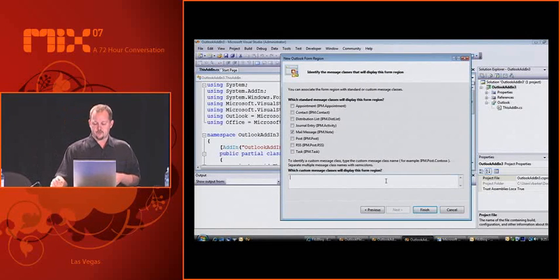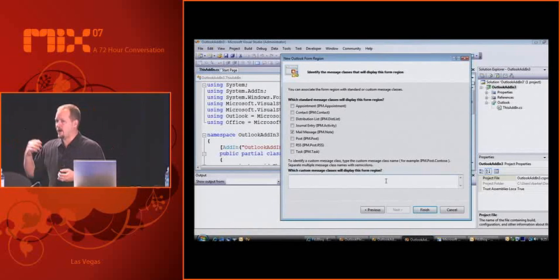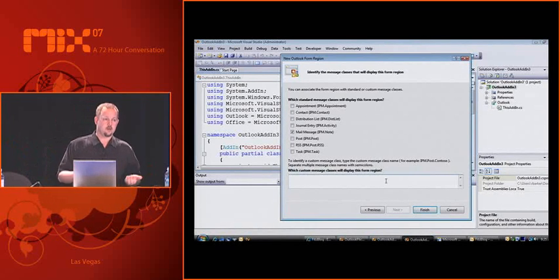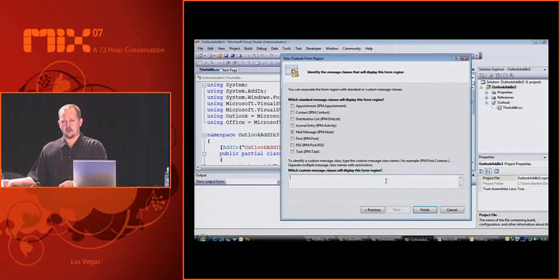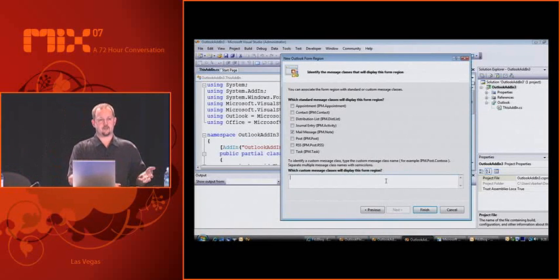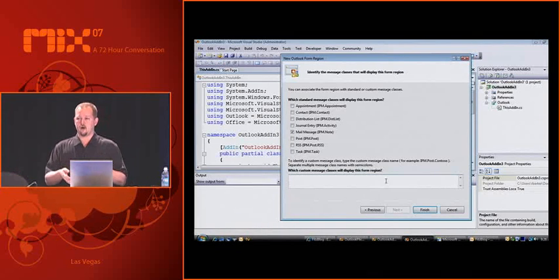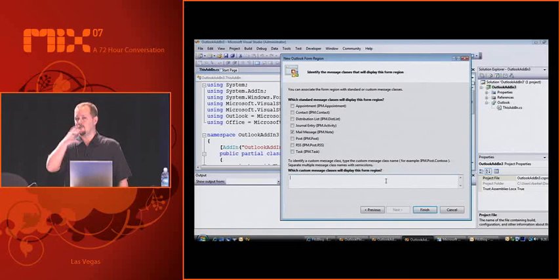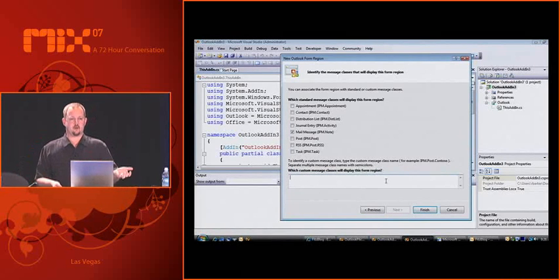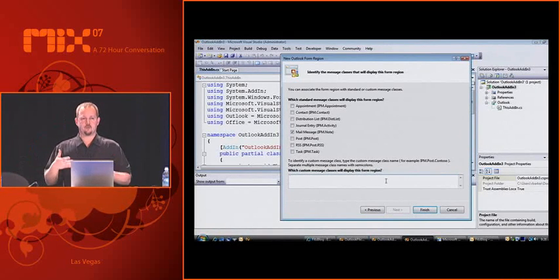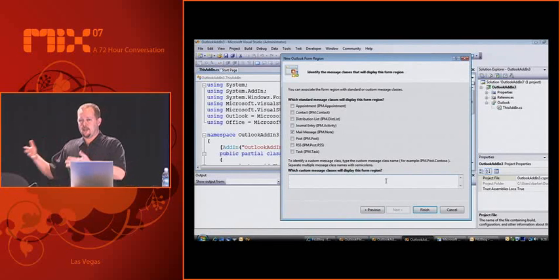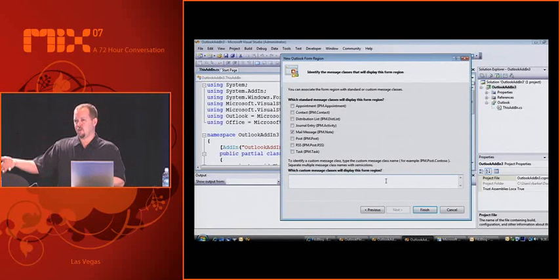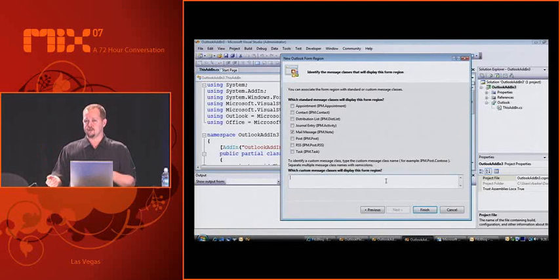But at the same time, you can decide to use your own custom message class, and you can see an example here where they have ipm.post.contoso, Contoso being the fictitious company name. If you have custom message classes, you can place that here, do the interception in the form region, and then expose whatever you want in that form region based on your custom message class type. So it gives you some great opportunities to really use email as an interception mechanism to expose some rich applications or services to people that are actually working in their email.